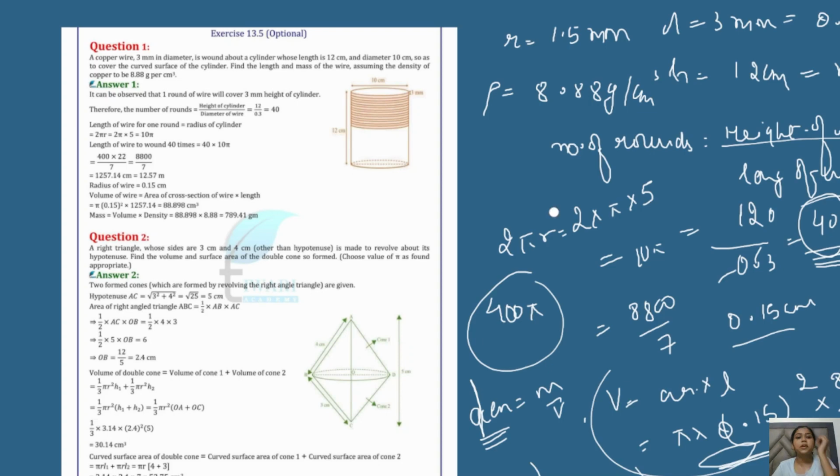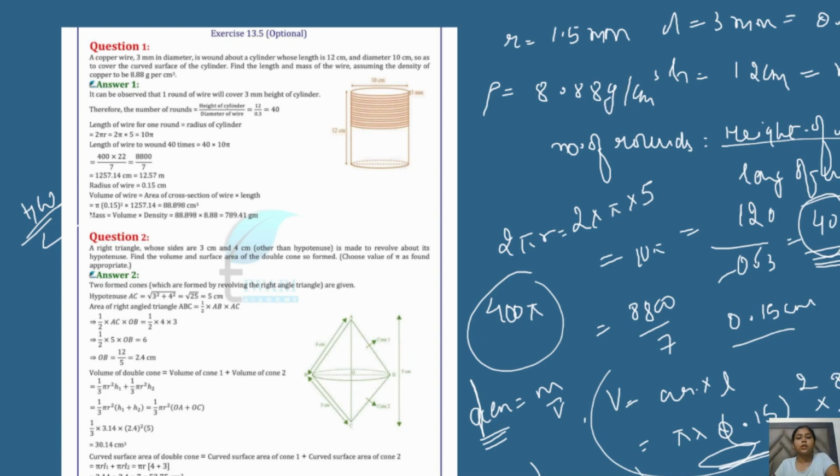So there is another question, and the solution is also given there. You can just solve it by yourself, and if you are facing any problem you can just comment down, and me and my team will be definitely there to help you people. Okay, so this is the question for you. This is a kind of homework for you people. You just have to try this at home, and this is a very easy question. In case you can't solve the question, don't look at the solution, you can just do it whatever you feel, and if you are not getting the answer then you can just comment down.